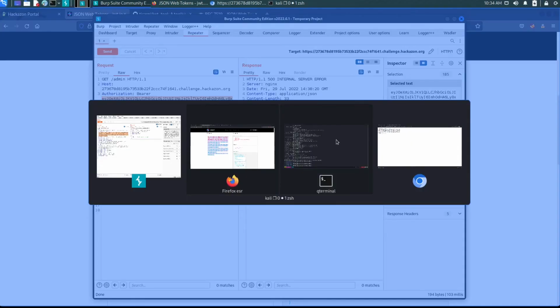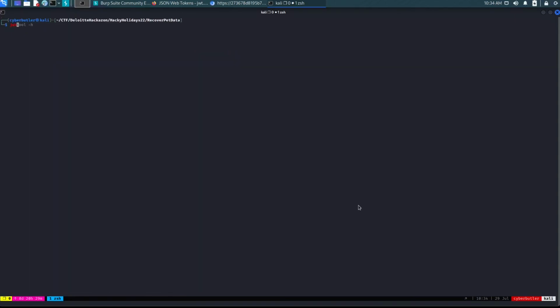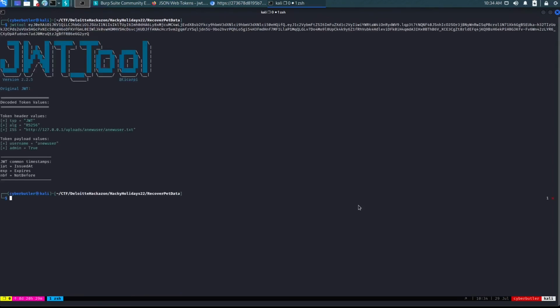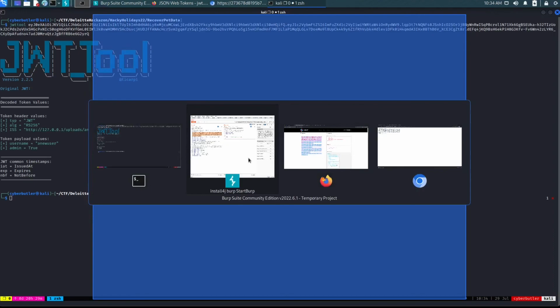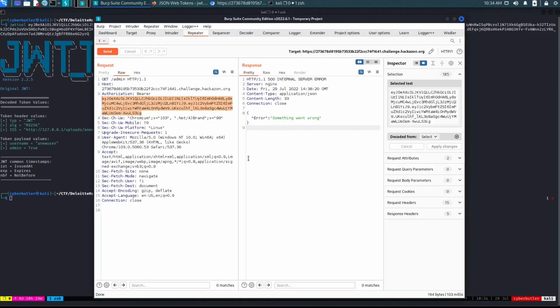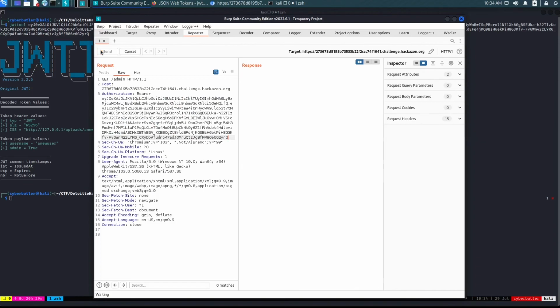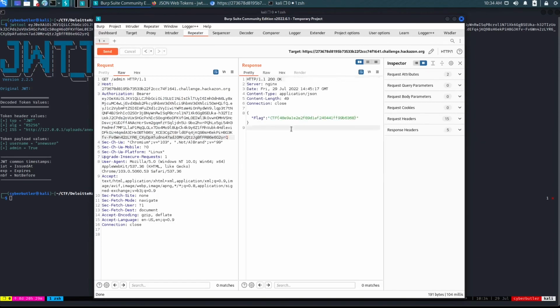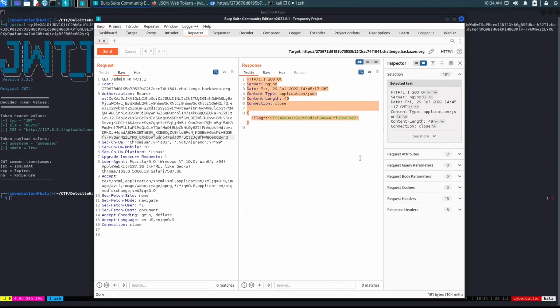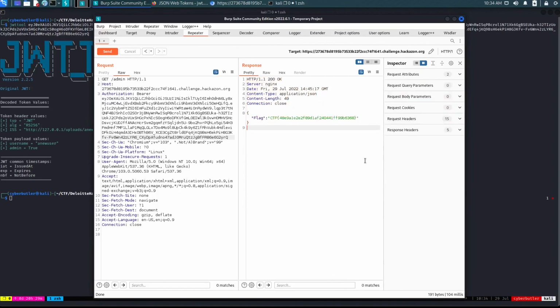When I swap out the authorization header here with my modified and forged JSON web token, again, I'm dropping it through JSON web token tool here, and we can see those values are correct. Paste that in, Burp, and hit send, and bada bing, bada boom, you see the CTF flag right there. So pretty cool